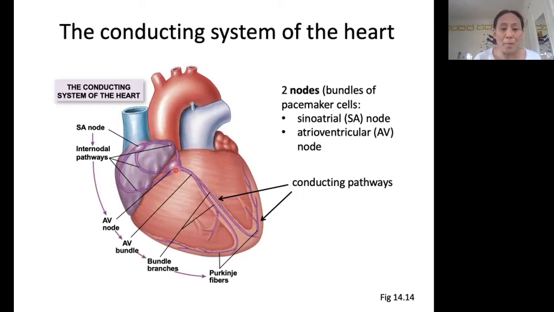And then we have some more bundles of pacemaker cells leading down through the middle of the heart, through the wall of the heart, and then up the sides, okay? They have names. I don't really care that you pay attention to them. I want you to know the names of the nodes and then just the general structure, okay? Again, I want to remind you, this is all pacemaker cells,